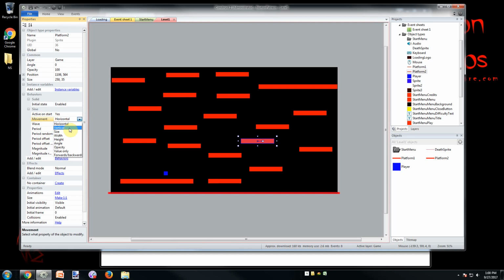So for instance, horizontal, it'll go left a certain amount of time, or degrees, or coordinate, and then it'll switch and go right the same coordinates, because it's an equal time type of wavelength. Same thing with vertical, kind of the same thing with size, width, height, angle, opacity. You could use, okay, so we used fade, for example. We used the fade behavior to manipulate our loading screen, or yeah, basically